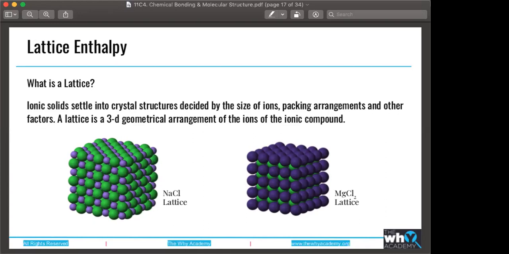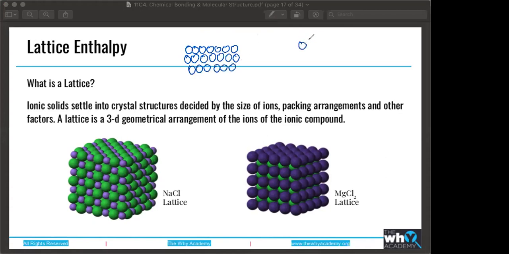Now, all of your solid structures are not solid in the same way. For example, if they're pretty much the same size, one lattice structure can look something like this, all of them in a row, like a perfect cube kind of structure. There can be another lattice structure, the way you see in a fruit market, like how oranges are arranged, alternating, like diagonal arrangement hai.